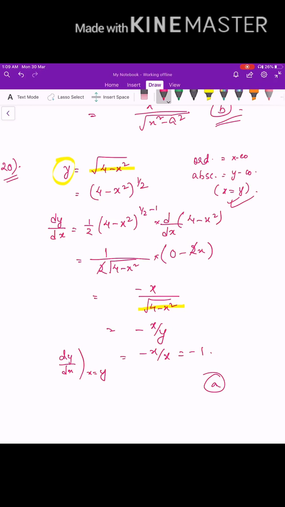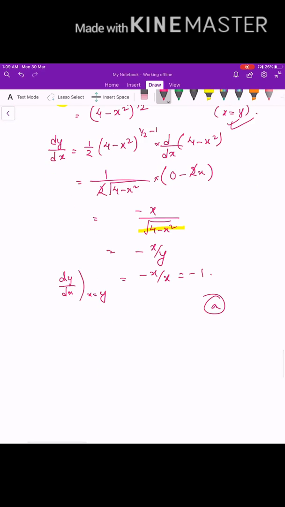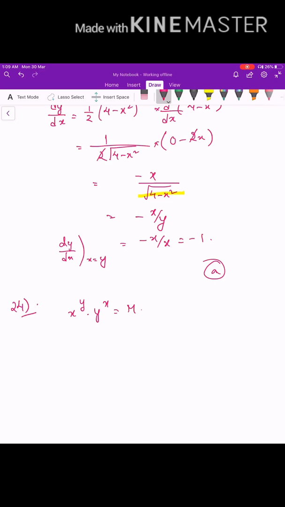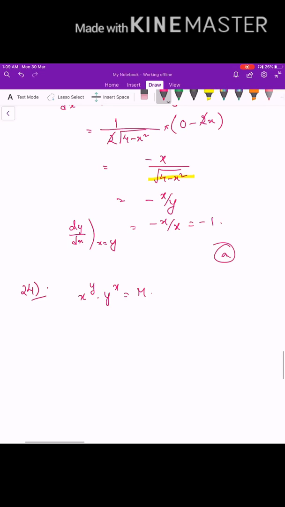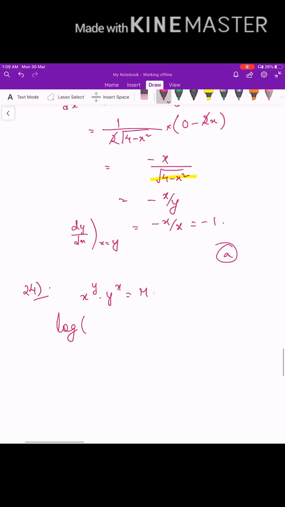So let us try question number 24. x to the power y into y to the power x is equal to m. At the beginning of this video we solved a question involving x to the power y. So here we have to take log because it is of the form f(x) to the power g(x). So if I take log on both sides,